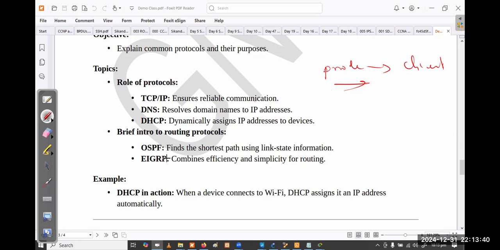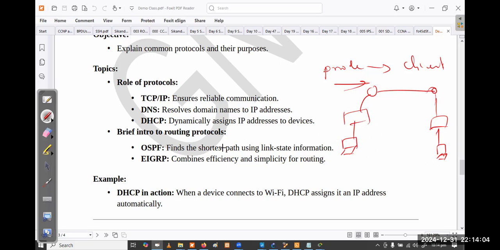Brief intro to routing protocols. What is the purpose of using routing protocols? If you connect the devices, you cannot communicate, right? It's a PC connected to a switch connected to a router connected to a router, and in this manner.